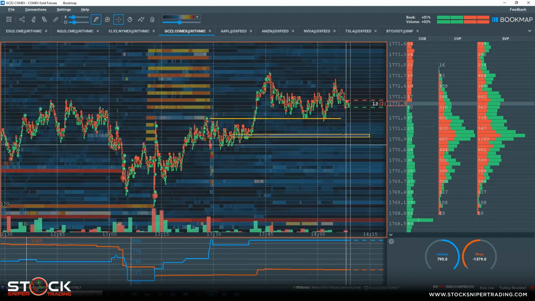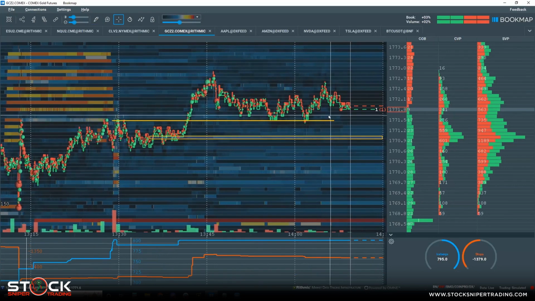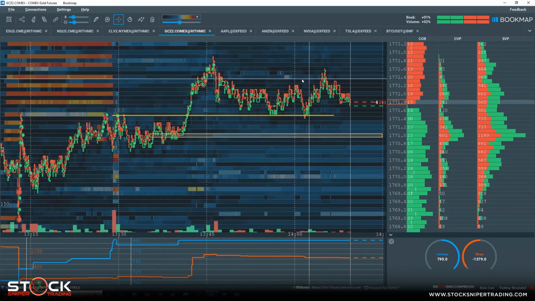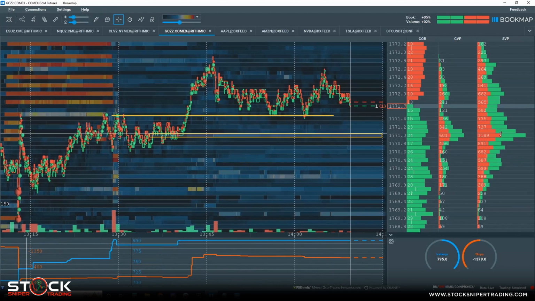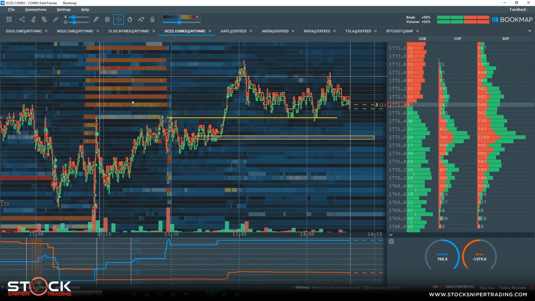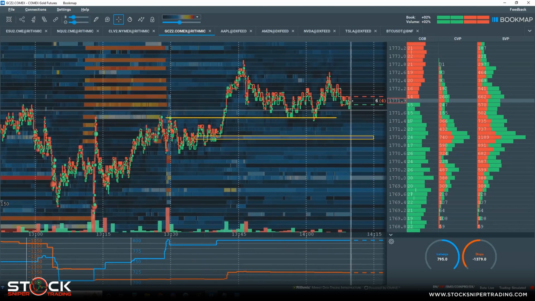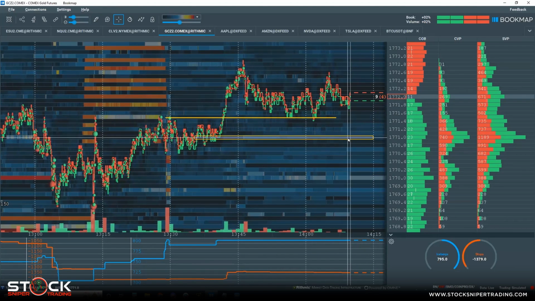Now, we've got to go through all the different scenarios, because we've been through this many times in the webinars. Sometimes these high volume nodes, we'd look for that as the primary scenario because we see buyers in here. We also have this order flow in here that's helping us. But maybe we come all the way back down, we bounce off of that, and then look for the move back up higher. If we come back down here and maybe they flip in the order book,